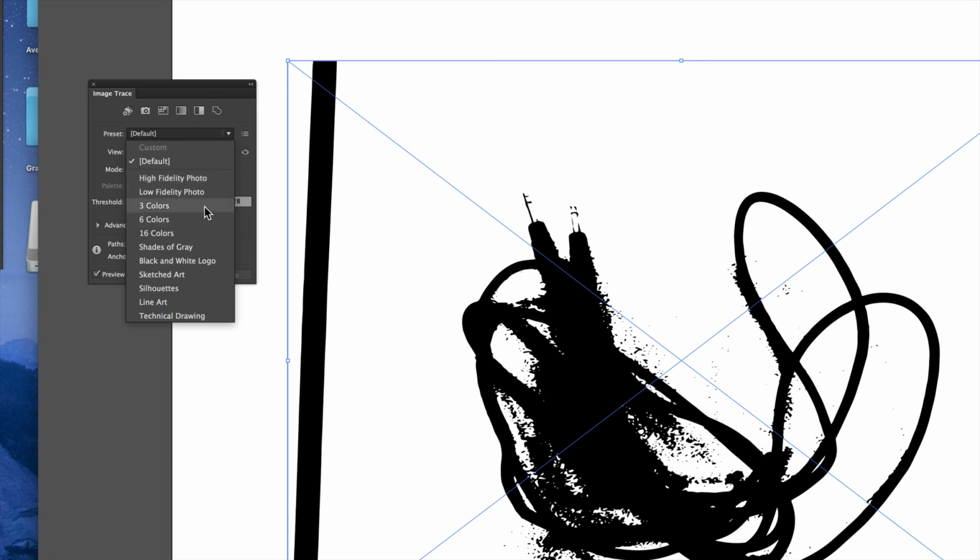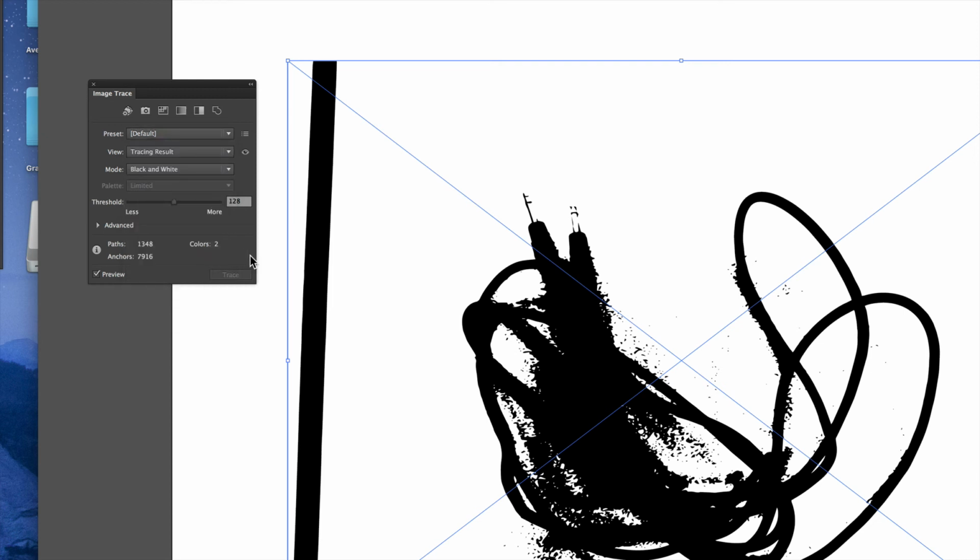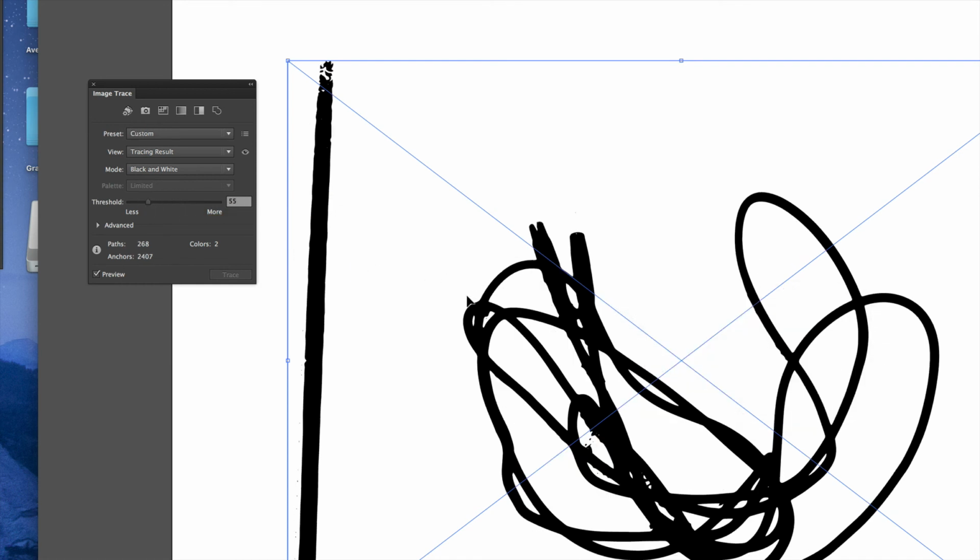You can set it to choose just 3 colors or 6 or however many that you want. It doesn't have to be filled in objects. It can do sketching and line art as well. But for what we're going to do, we're going to keep it at default and just change out the threshold. The threshold is more or less dark. If I move this slider down, watch it change, and it'll actually make the image much lighter, and it cleans